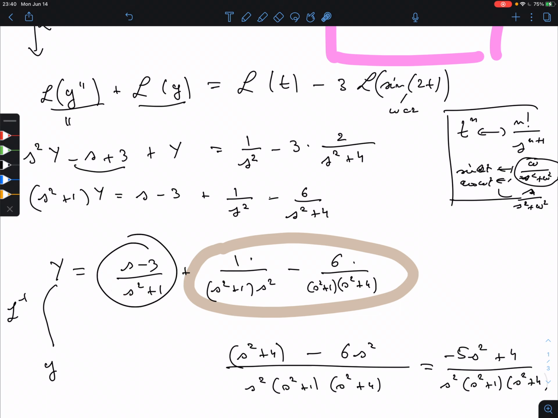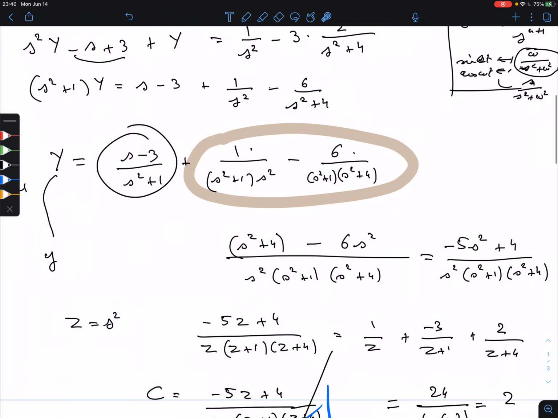But if you have already one, there's no need to put it all together in the big guy, right? Just do them separately. And how do you do these two separately now? Well, you do the same trick that I used here, because again, these each depend only on a square. So you can do this here. So this would be 1 over z plus 1 times z, and this would be minus 6 over z plus 1 times z plus 4, which is very quickly done, and you have to do Heaviside twice instead of me doing it. Well, 2 times twice, and here I did once 3 times. Up to you to decide what is quicker. Okay, so